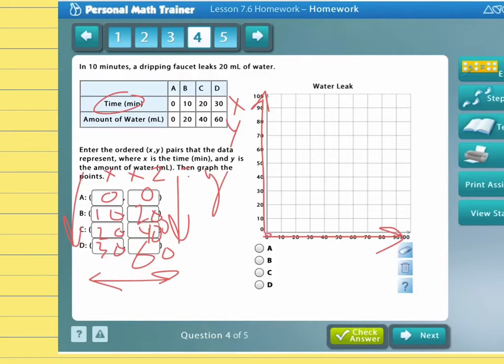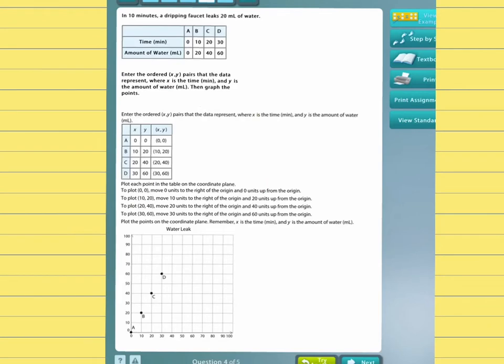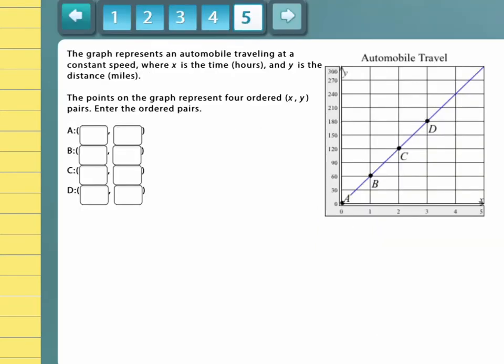So let's plot those points. 0, 10, 20, 20, 40, 40, 60, 10, 20, 20, 40, 30, 60, like that. So that is the graph of the coordinate pairs there. And it shows us here, so read this explanation if you need help, but it's pretty self-explanatory once you see the pattern. All right, same thing here, except this time they don't tell us the xy, so here's your x-axis,